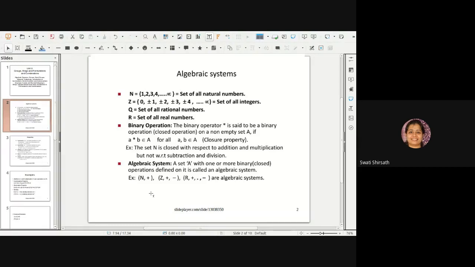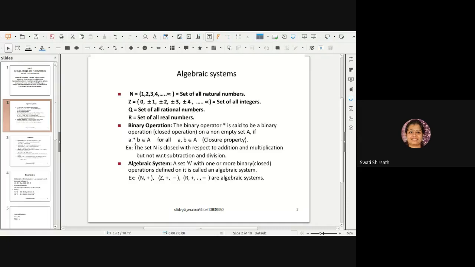So this is your operation where you have to prove some properties, and based on that you would be concluding whether it is a group, a monoid, a subgroup or something like that. So algebraic systems are nothing but a pair of a set and an operation given along with it. Now, as I have told you, it would be a binary operation. It means there would be two operands. Am I right?